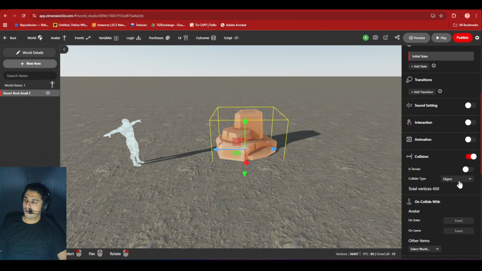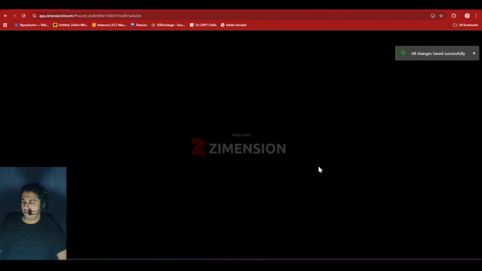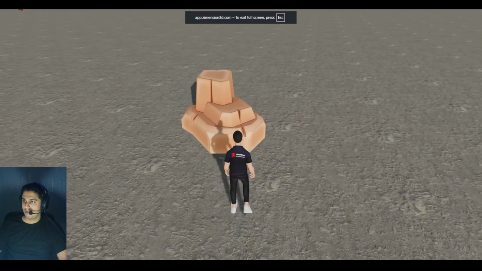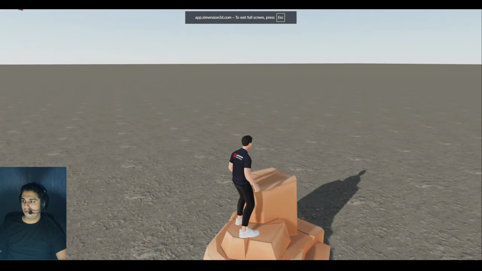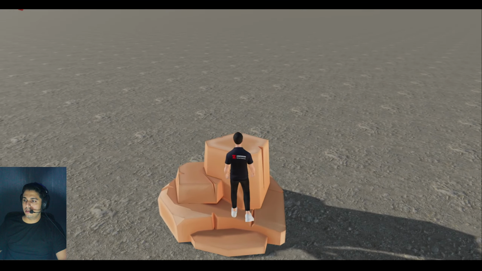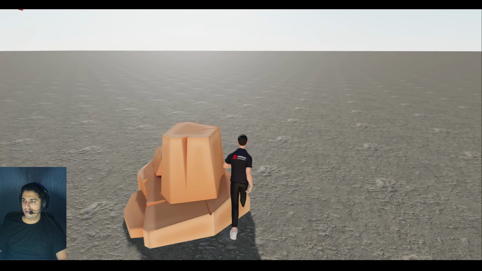So by default, the collision mode is object, which means I can actually go and stand on the actual surface, not the box. Let me show you. See, the collision is mesh to mesh.